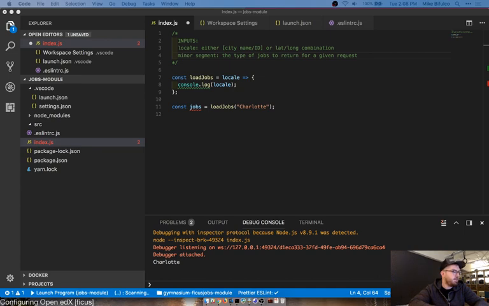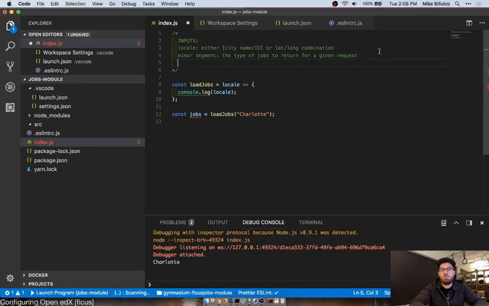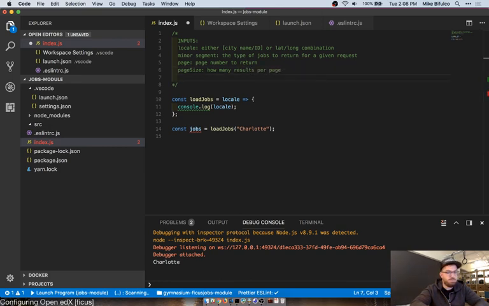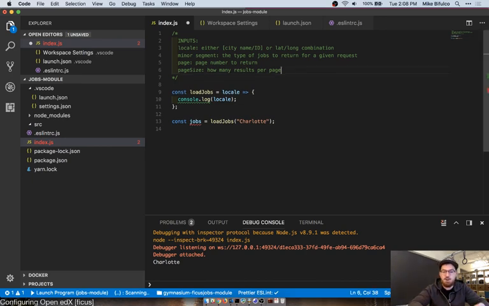Next, page, the page number to return, page size, how many results per page, and that's probably a good place to start.